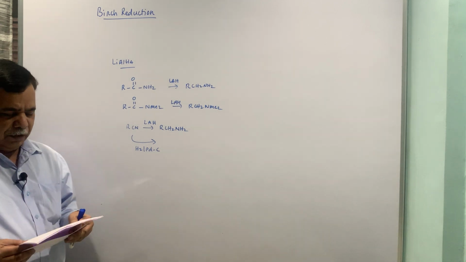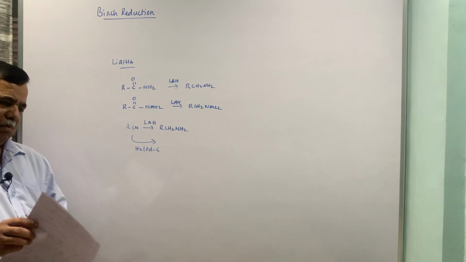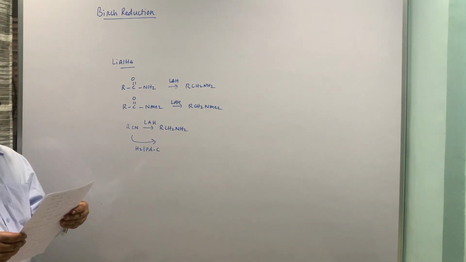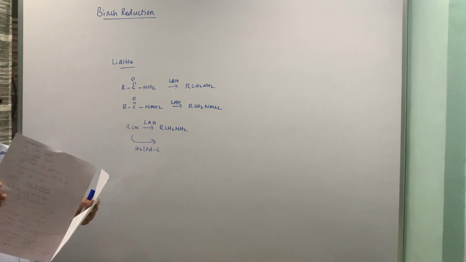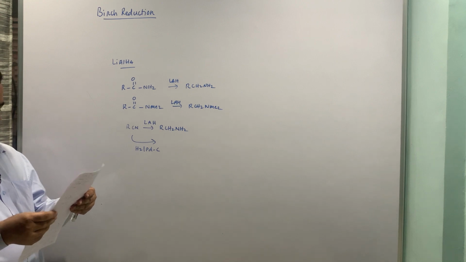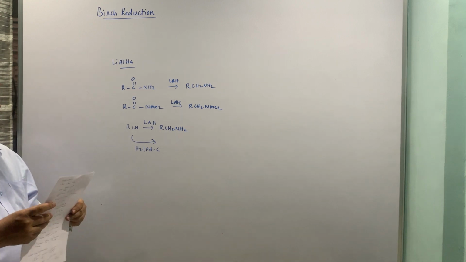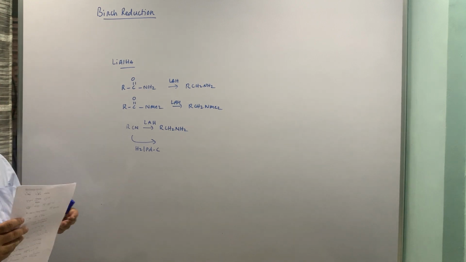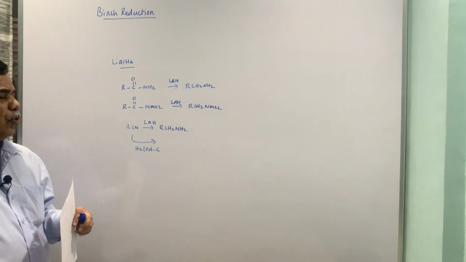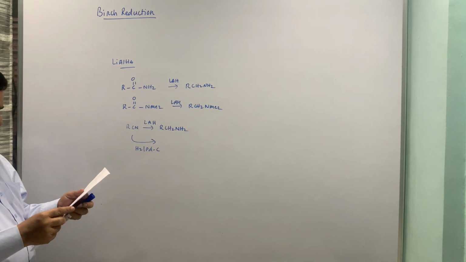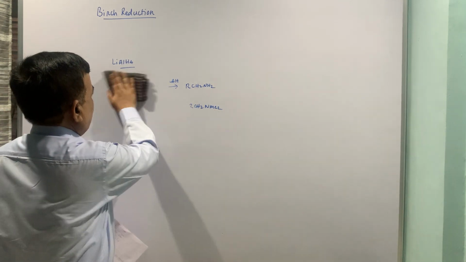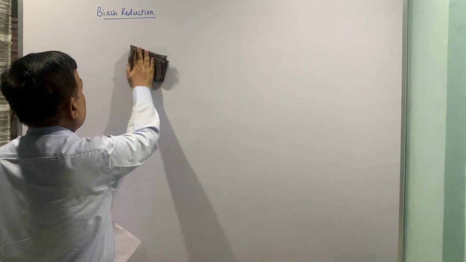The utility of lithium borohydride, we have already said, it is used for the reduction of ester, and the utility of sodium borohydride is it reacts only with aldehydes and ketones. So that is how it is selective, more selective than your other reagents. Now coming to the sodium cyanoborohydride, let us complete that.